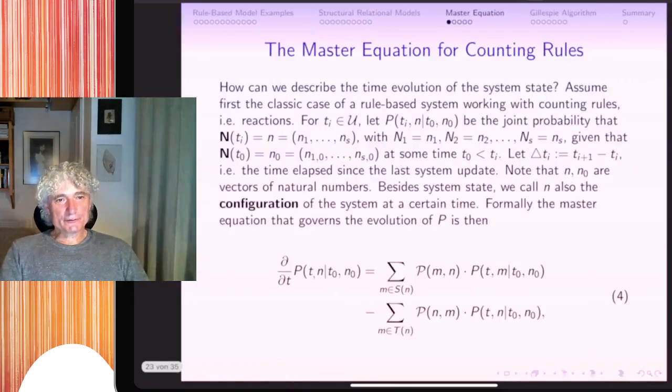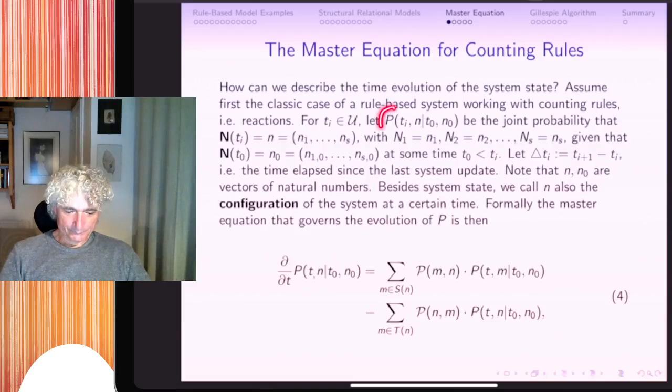Okay, now we have to go to the master equation. We need to be able finally to describe the rule-based system based on some equation which controls the system state at a certain time t. So we introduce a probability, which here is given by p, and that is defined as the joint probability that